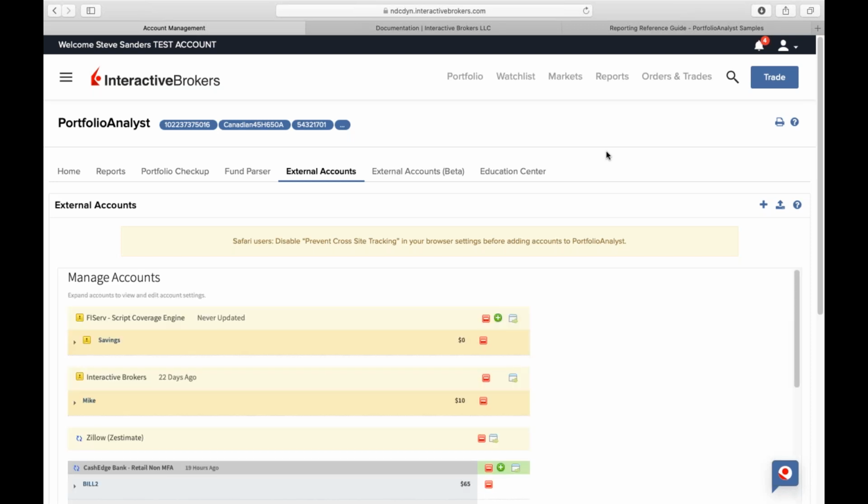So now here on our external accounts tab, this is the screen that you will see today in Client Portal. We will discuss this screen and a revamp coming soon in the external accounts beta tab. But for now, I would like to walk you through this page. Here's the Manage External Accounts widget, which will show you all external accounts that you've previously linked with their balances. As you can see here on the first one, there's an error message. So if you click on the error message,